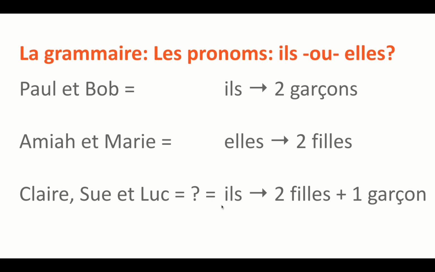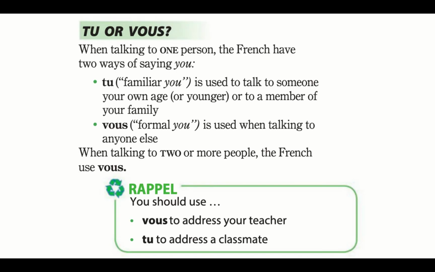So si tu as un groupe de filles, 50 filles, 60 filles, 61 filles, okay? C'est toujours elles. As soon as you have one guy in there, you can have 60 girls and one guy, it's going to be ils. Okay, so watch out for that. Okay, the other thing you need to watch out for on the pronouns, not in this exercise, but just if you're taking notes on the pronouns right now, is just that difference between the tu, the informal you, and the vous, the formal you. Okay, when talking to someone with respect or talking to a group. Ça va?